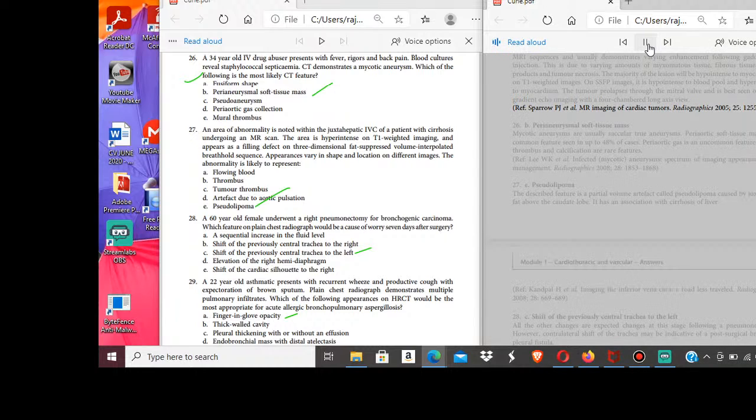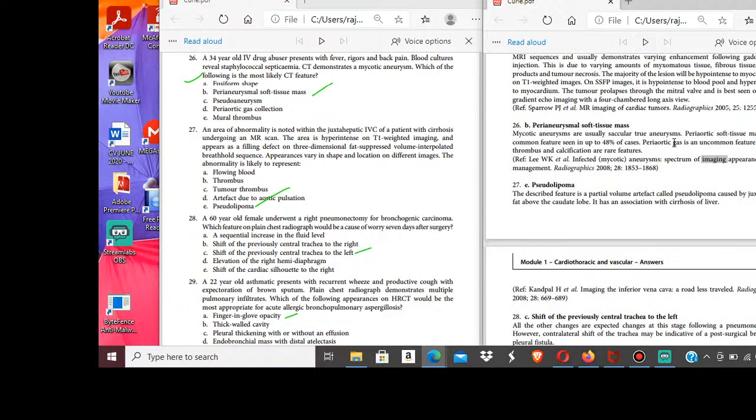26. B. Perianeurysmal soft tissue mass. Mycotic aneurysms are usually saccular false aneurysms. Periaortic soft tissue mass is a common feature seen in up to 48% of cases. Periaortic gas is an uncommon feature. Mural thrombus and calcification are rare features. Ref. Lee WK et al. Infected (mycotic) aneurysms: spectrum of imaging